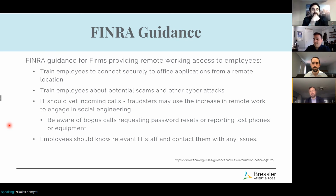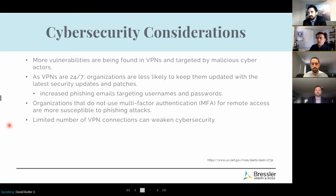The training needs to be from top to bottom of the organization. Mark can put together the best protocol and policy, but if only your senior management is reviewing it, you're still going to be extremely vulnerable. That's right, because people traditionally thought of cybersecurity as an IT issue: Mark from IT, he deals with cybersecurity stuff, I'm not really concerned about it. The problem is it's become so sophisticated and so broad. Cybersecurity has to be an enterprise issue where every employee is trained and knowledgeable about the concerns of your institution